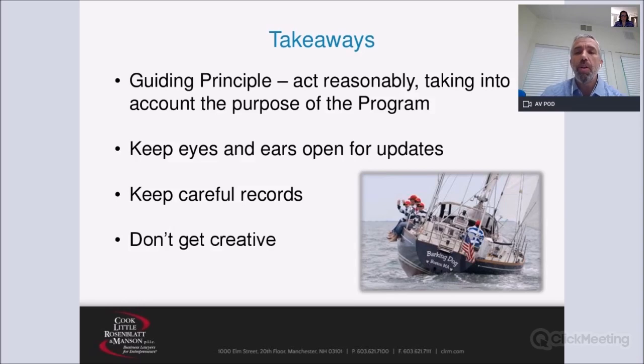So if you want to be careful about how you're using all of the proceeds, make sure you're at least using them for permitted purposes, right? Because you want to make sure that you're at least using the loan. You can use it after the 8-week period, but you can only use it for permitted purposes after the 8-week period, right? So you can't use it to pay other debt. You can't use it to go on vacation, but you can use it for permitted purposes. It just may not be forgiven. So be careful about how you calculate the forgiveness portion, so that you're able to plan as best you can how to address it.